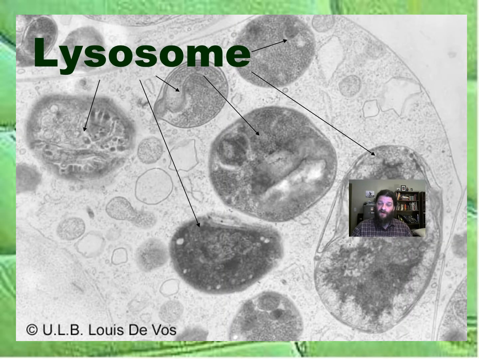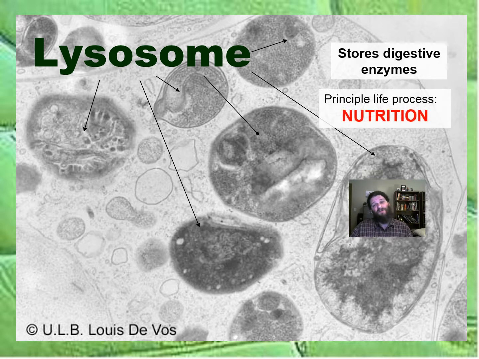Lysosomes, as I mentioned before, are structures that are actually made at the Golgi apparatus or Golgi bodies. The edges of the Golgi bodies kind of pinch off into little sacs, little vesicles, and inside of those sacs are going to be, in this case for lysosomes, digestive enzymes. The prefix lys, like Lysol, means to break things down. And so these are bodies that contain digestive enzymes. In this regard, they kind of work for nutrition. They allow the cell to take in raw materials so that it can absorb them and use them for other